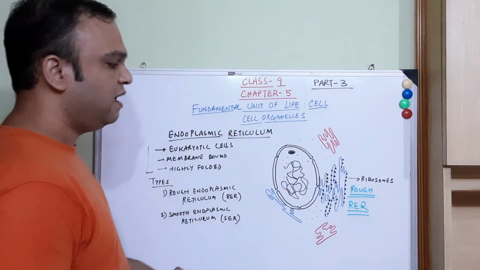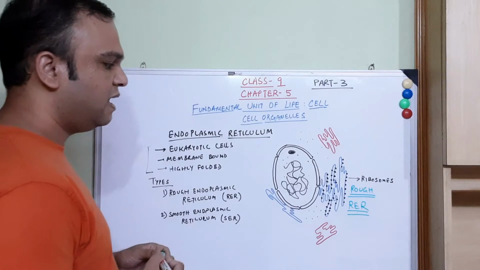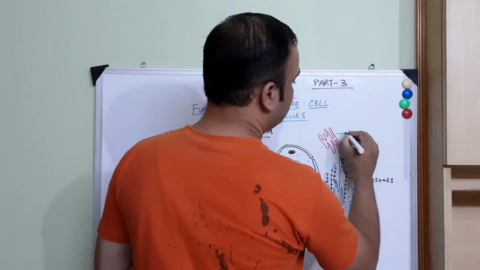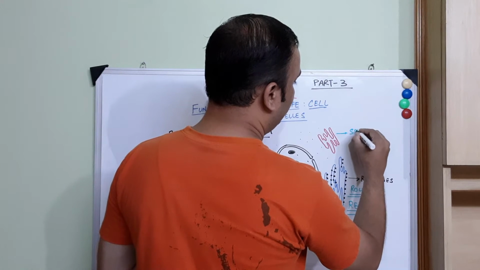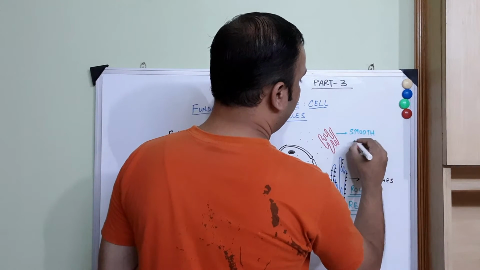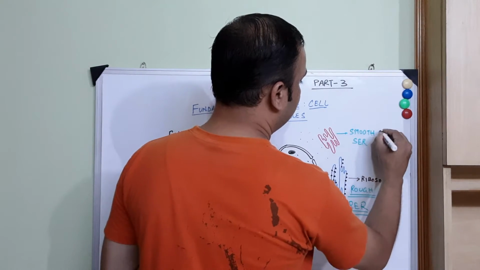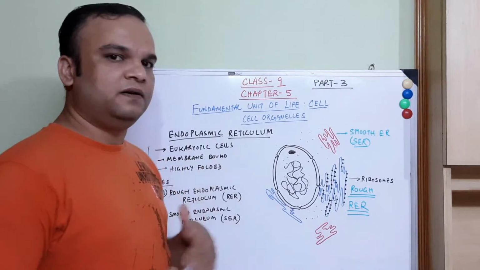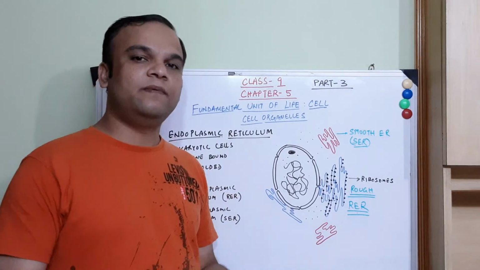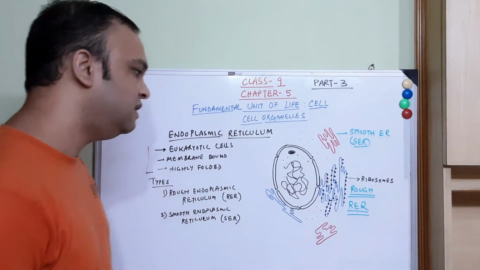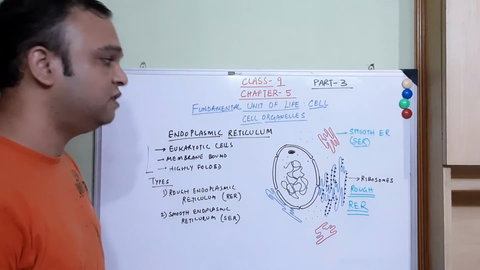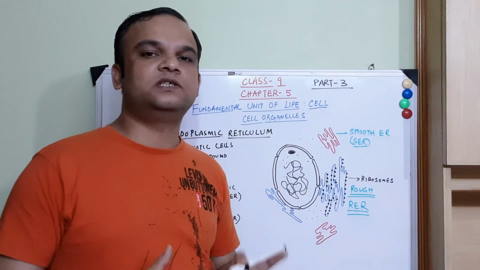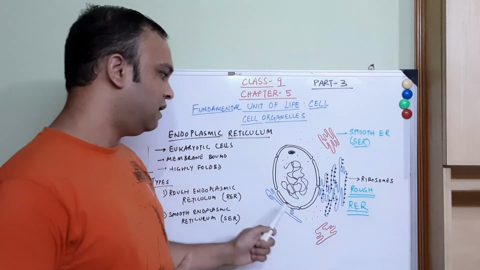whereas the other one which I have drawn in the red color is freely floating in the cytoplasm and does not bear any ribosomes over its surface, and that is why this one is called smooth endoplasmic reticulum, abbreviated as SER. So when they are different in their structures, their positions and their distribution, we will see differences in their functions also. So let us see how they are different in their functions and what functions they perform. These endoplasmic reticulum behave as skeletal structures to the cell because they are rigid.